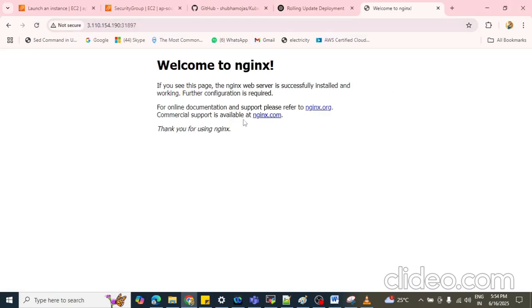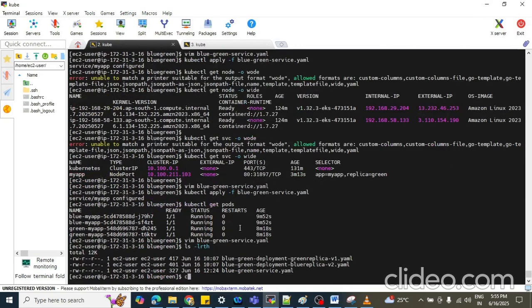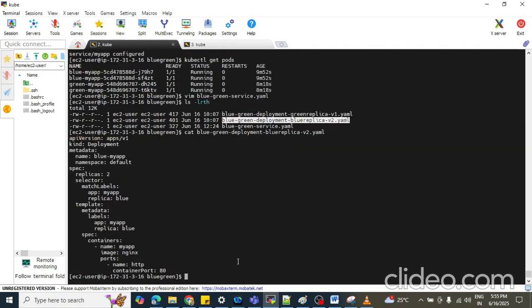Now you can see it has been successfully changed to the blue side. If you cat this one, you can see the Nginx image is updated here. So this is the concept behind your blue and green strategy, but it is very costly because at the same time we are running both the blue as well as the green side.